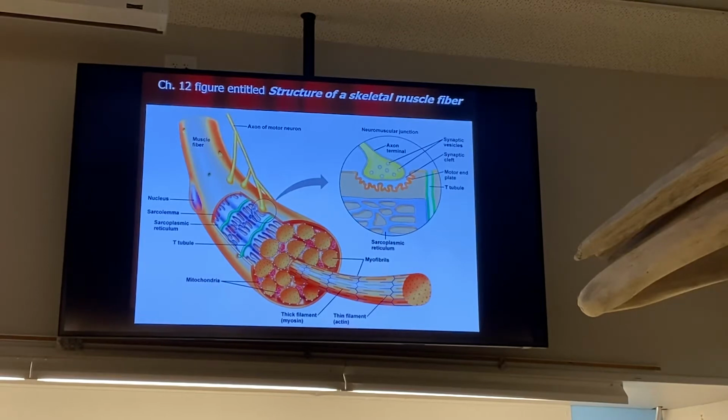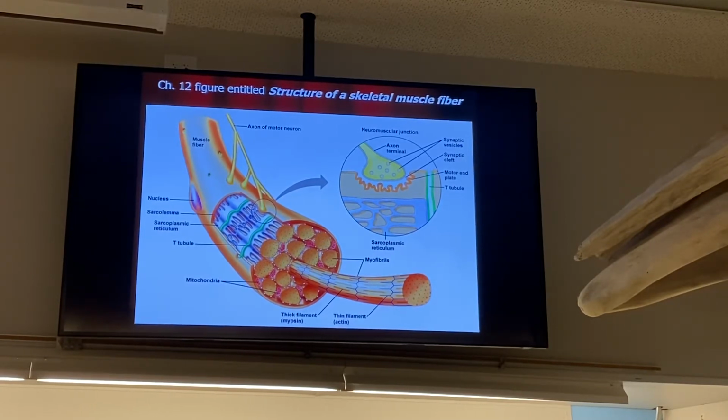Okay, let's talk about some of the sarco words that are here on this figure. You do need to know this. The sarcomere is the smallest contractile unit of skeletal muscle. It goes from Z line to Z line. I've drawn Z lines here in green. So this is a sarcomere, and when a muscle contracts,